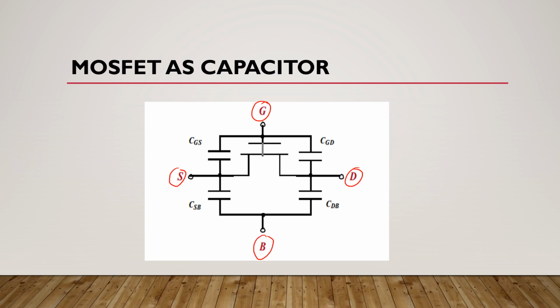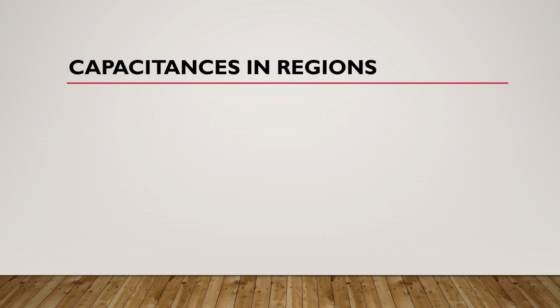So gate to source capacitance is present here between source and gate terminals, and gate to drain capacitance is present here between gate and drain terminals, and here this source to bulk capacitance is present between source and bulk terminals, and this drain to bulk capacitance is present between drain and bulk terminals. Now we will understand capacitances in all three regions of operation in MOSFET. First we will talk about